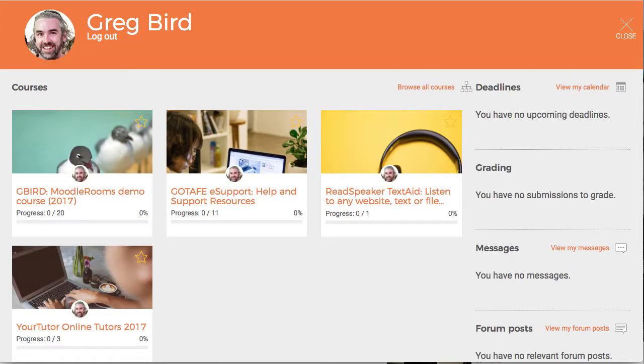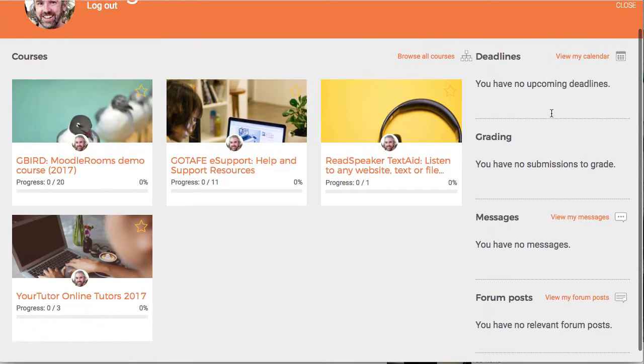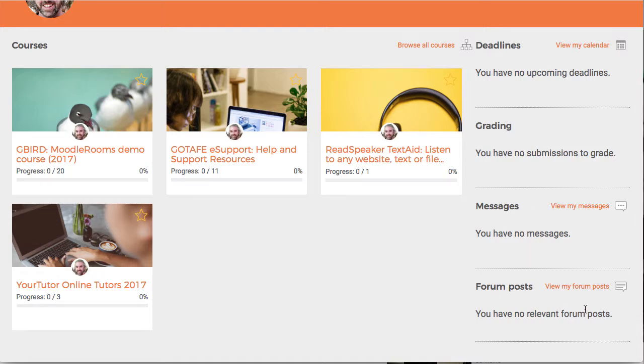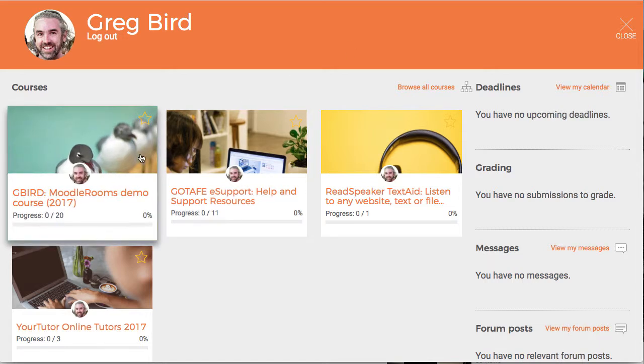So this is the My Courses screen. Of course, it has a visual tiled interface, although we can choose to have a linear display should we prefer it. It links to all the courses for which I'm enrolled, and it has some sort of upfront detail for me about what might have changed. Of course, you can see again the GOTAFE orange colour carries throughout,